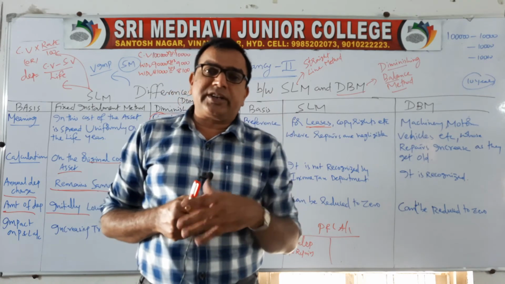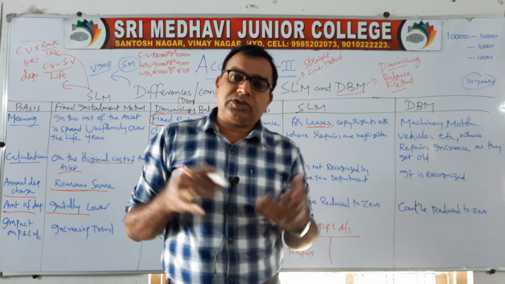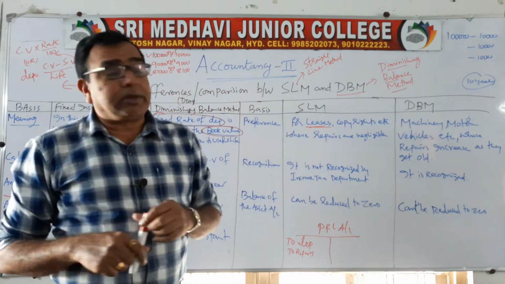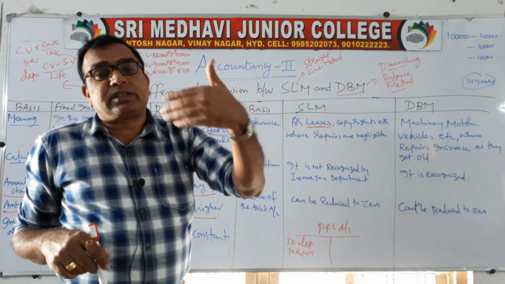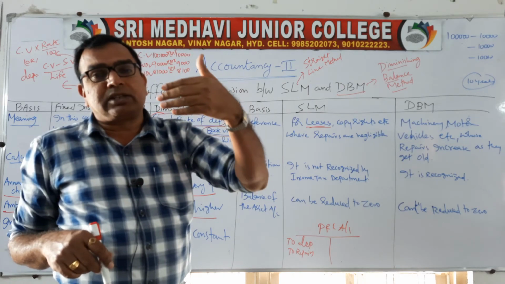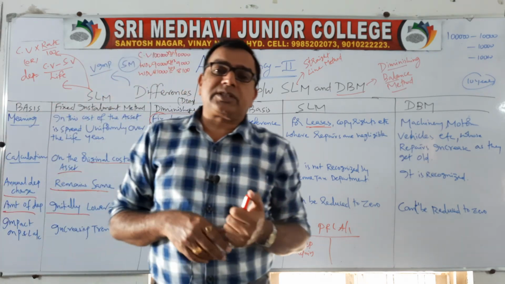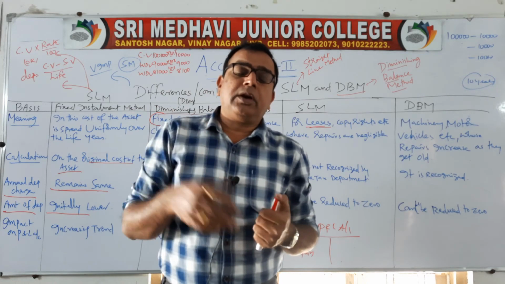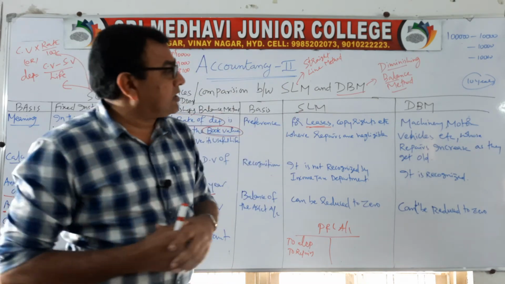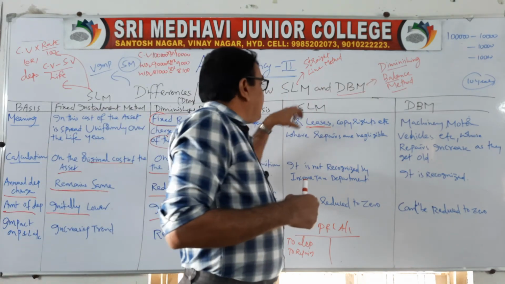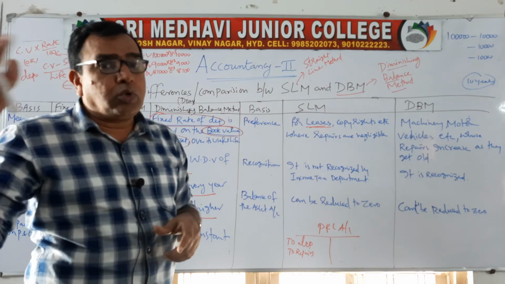For trademarks, patents, copyrights, for all these intangible assets, we need not go for repairs cost. So in such a case, we can apply the straight line method. The diminishing balance method is applied where your repairs cost may increase as time passes, for example motor vehicles, machinery and technology tools. As time passes, they may undergo various repairs and the business organization may need to spend more on repairs and maintenance. In such a case, we apply the diminishing balance method. So the diminishing balance method is suitable for motor vehicles, machinery, etc., whose repairs increase as they get old.